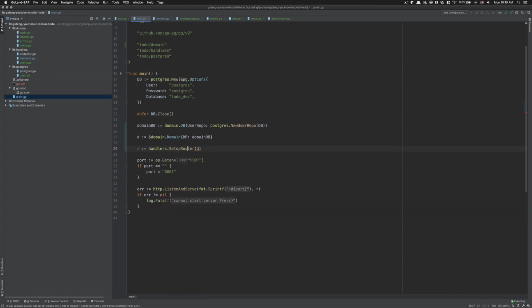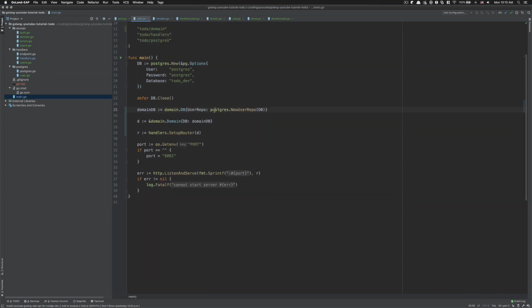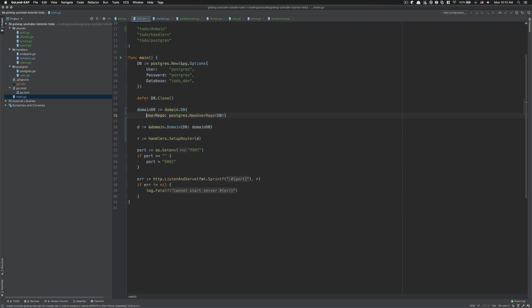So now, because of this, we can use this new user repo as the user repo, because that follows the interface. I know when I came to Golang, that was kind of crazy, because I didn't work with interfaces a lot before. I mean, I've done some in TypeScript and things like that, but that was not as crazy like that, because the thing is, in Golang you need to work with the circular dependency. So yeah,